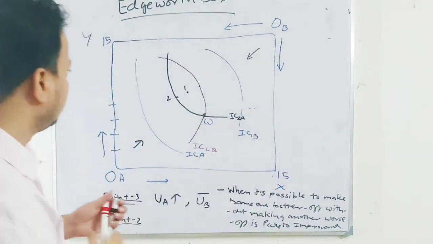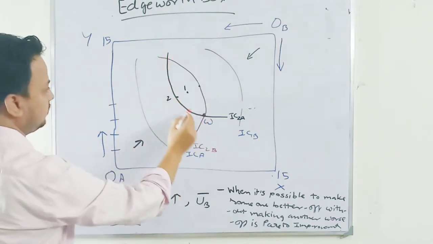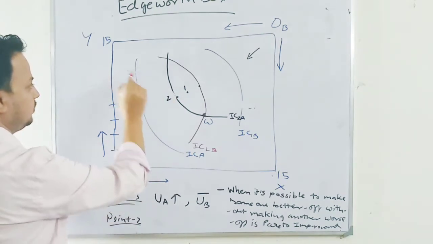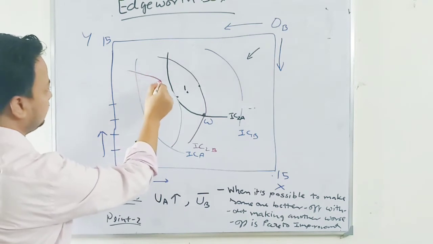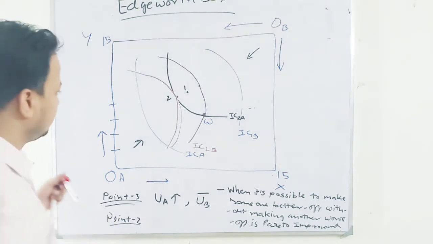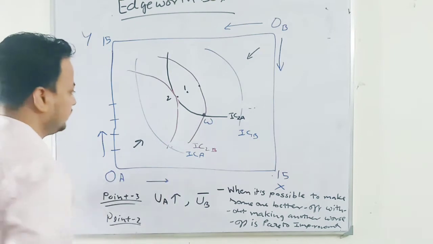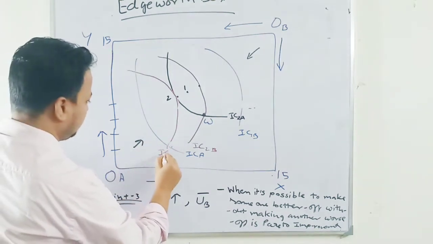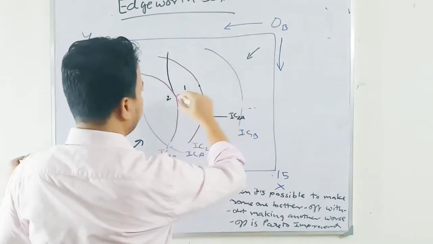Okay. So here along this curve, utility of consumer A remains the same. This is the indifference curve of, let me draw properly. Sometimes from nearby it is not visible. So this is the third indifference curve of consumer B. This is second, this is third. So a higher indifference curve represents this direction.